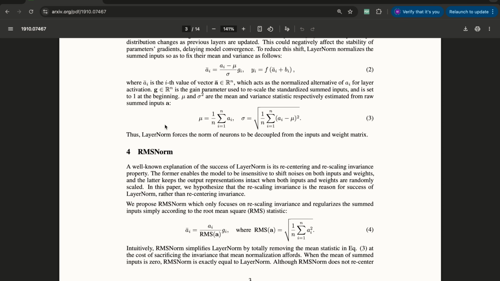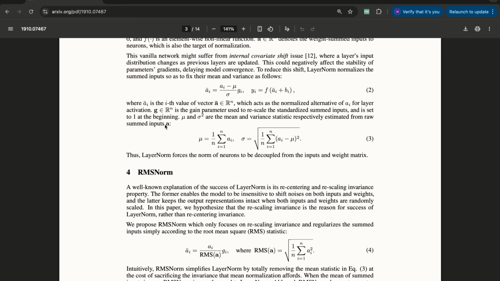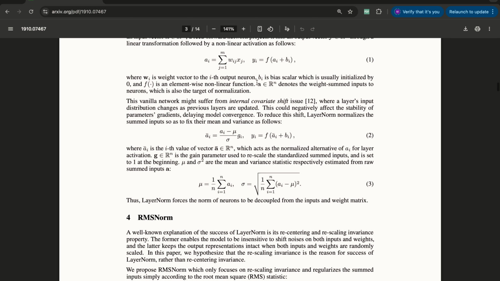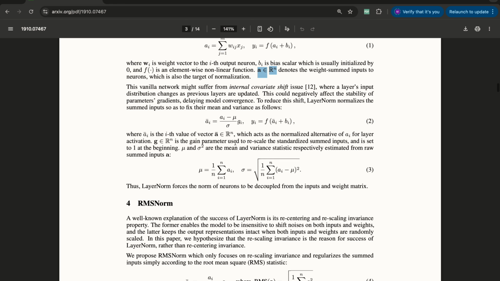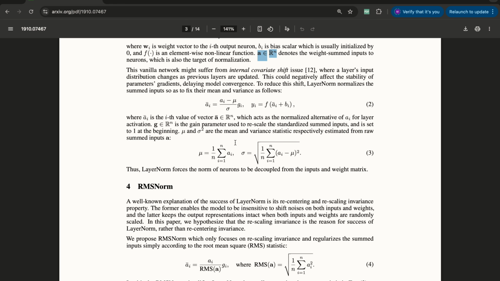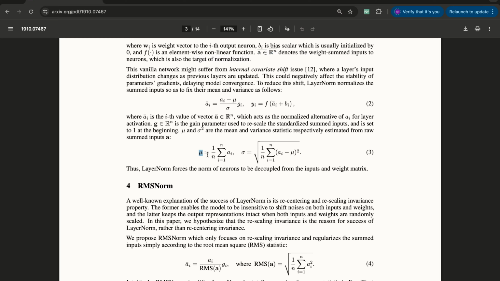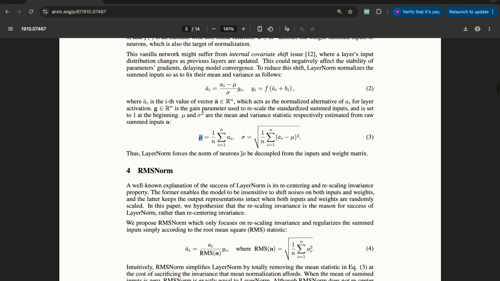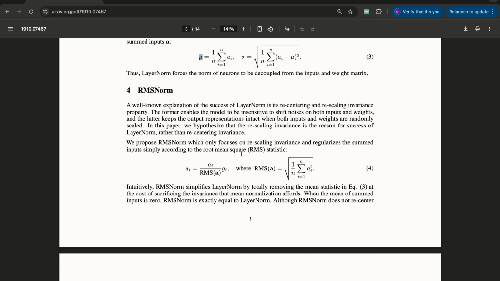When we want to do a layer norm or a kind of normalization for a vector, and let's say this A is a vector of dimension n, we just find its mean and variance, and then based on that mean and variance, we can scale or normalize that vector. But RMS norm, which is a little bit better in terms of calculation and generalization,